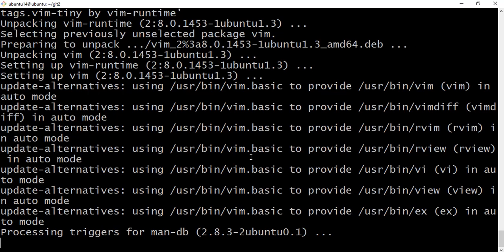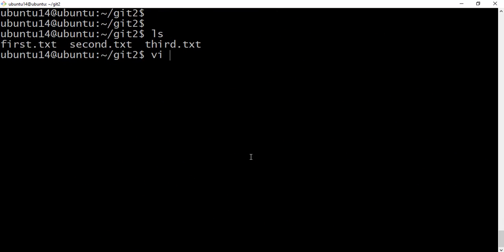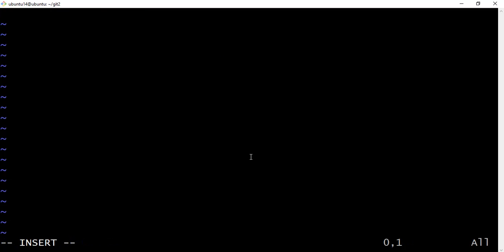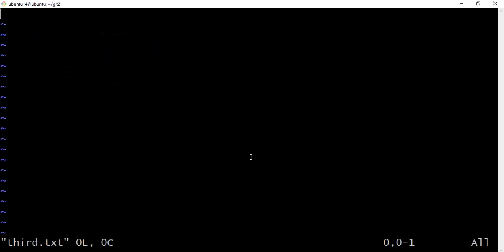So suppose we are creating three files. I'm adding something to my second.txt also. Here, welcome to DevOps guide. I'm saving the file, and also I'm adding some text to the third file.